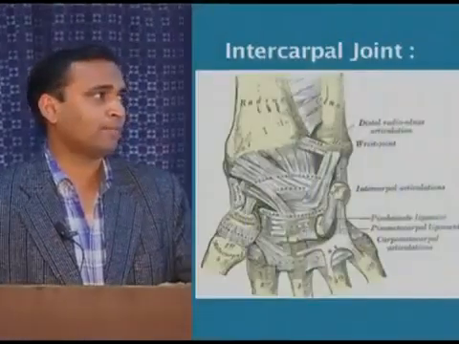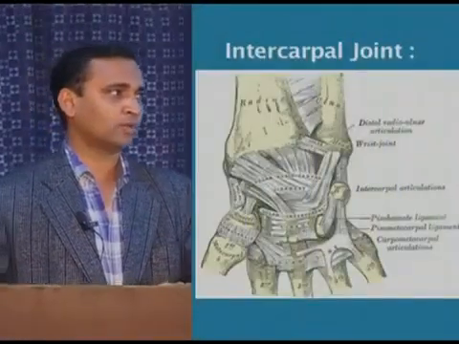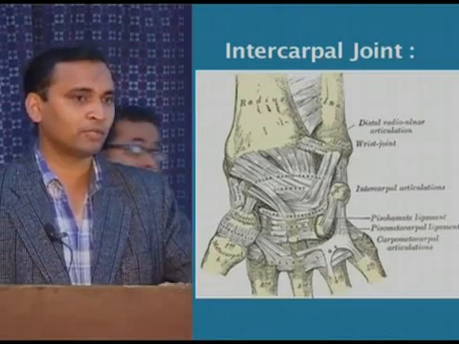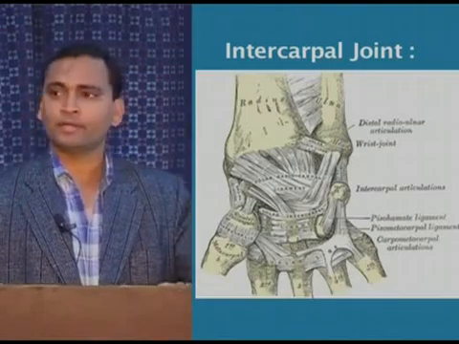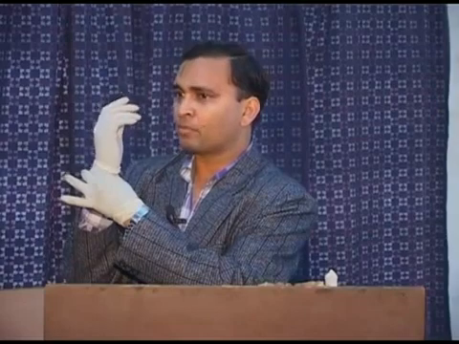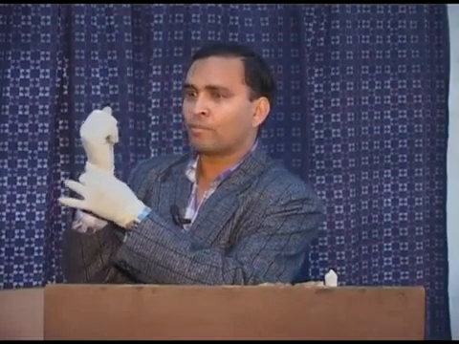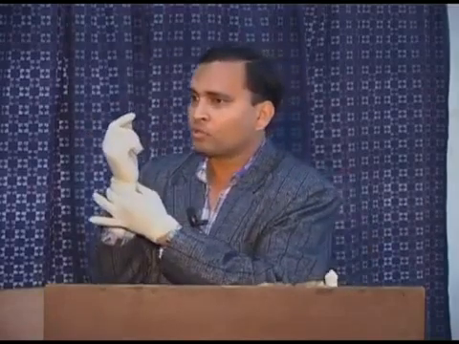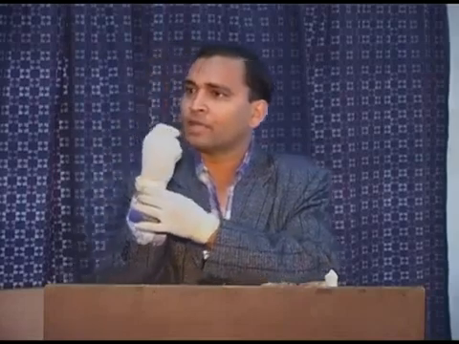Planar joints primarily permit back and forth and side to side movement. Example, intercarpal joint. This is your carpal bone. Over the wrist we have 8 carpal bones, and there is some amount of mobility. They are planar joints. Plane means they are all flat bones. All carpal bones are flat, smaller bones, and as you remember, carpal bones are mainly for stability. Some amount of mobility is available over there.